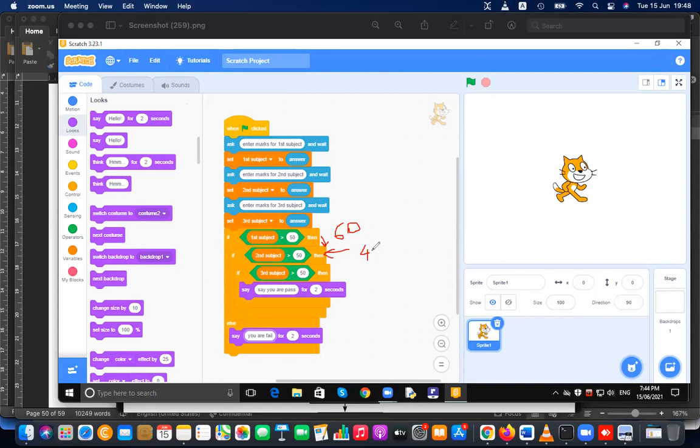Then what will happen? Code stops. Yeah, the code stops without saying anything. That is the issue, right? This will be okay if subject 1 mark is, let's say, 40. Then it will directly go to the else and print you fail. And this is also okay.